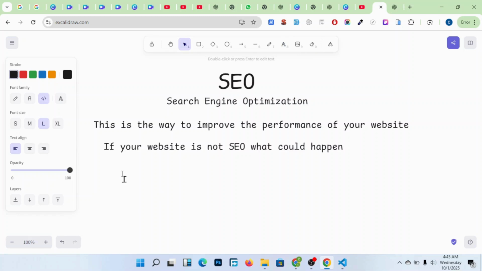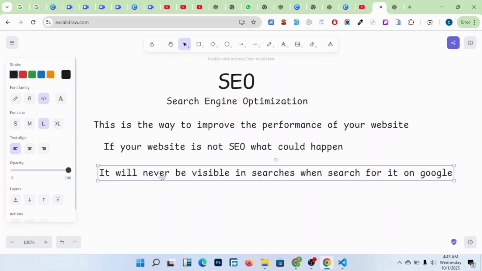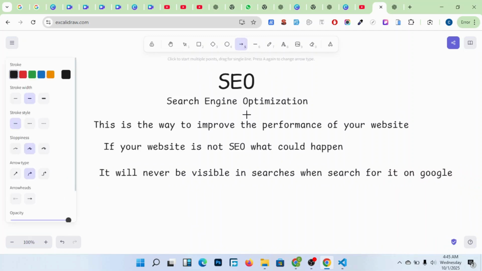It will never be visible in the searches when you search for it on Google. Members, if your website is not SEO, it will never rank up in the searches, even if you toil hard to search for it.